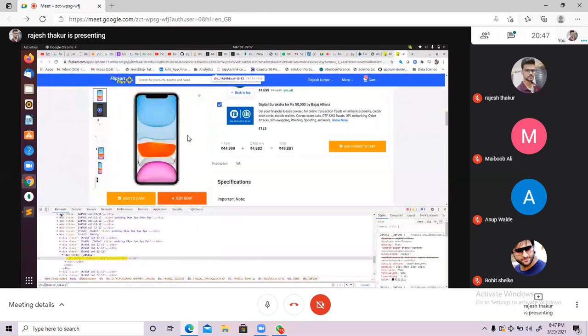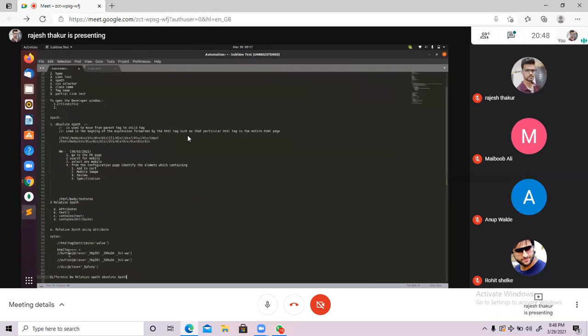Let's suppose tomorrow the developer removes this div portion for some reason, this third div. Then your complete XPath will get spoiled.